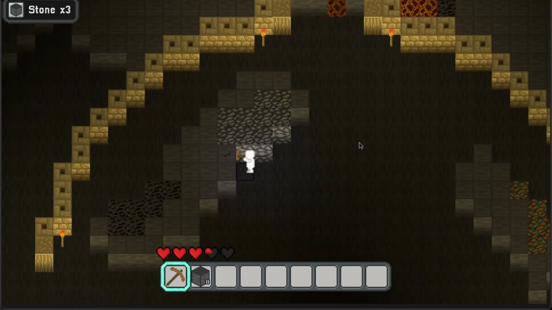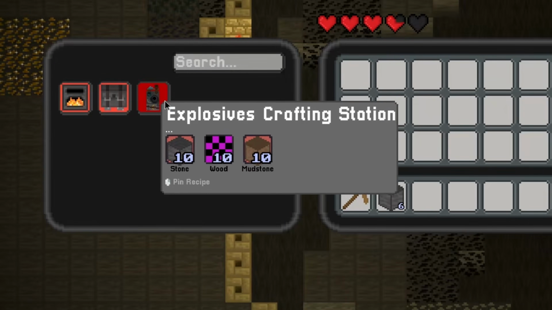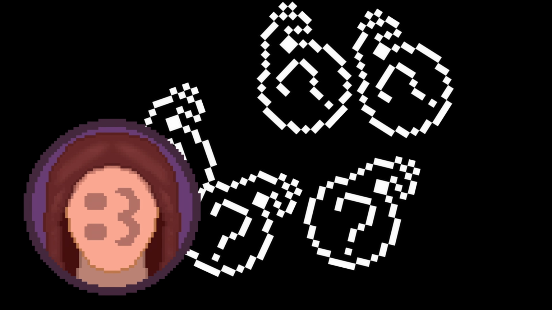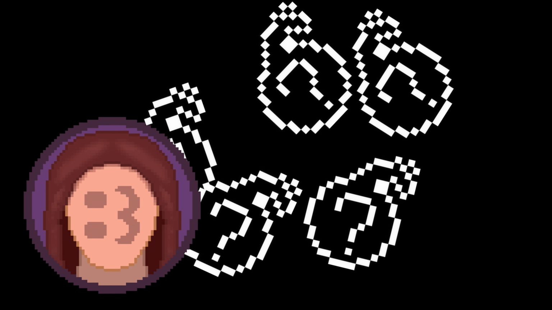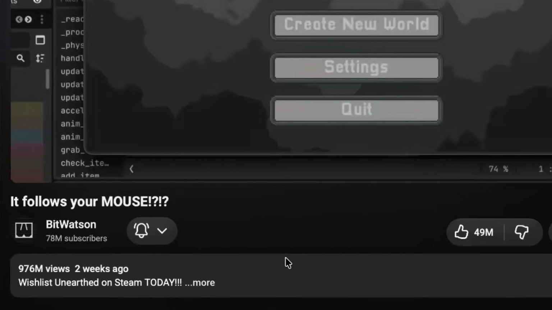I then tied that back to the core game loop by making the Explosives Crafting Bench craftable like other crafting benches. I have a lot more ideas for future explosives, like explosives that only affect floor tiles and perhaps even elemental bombs,